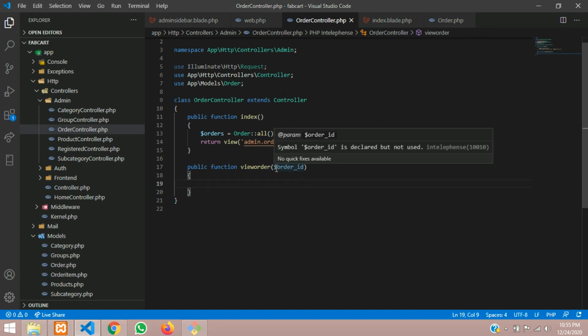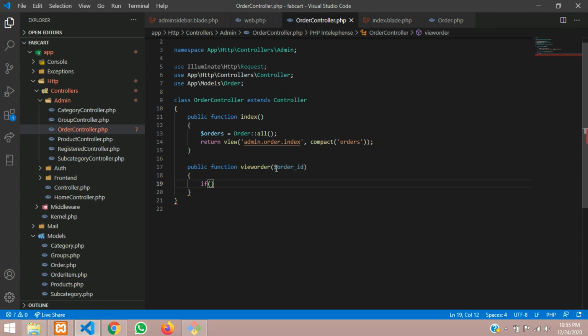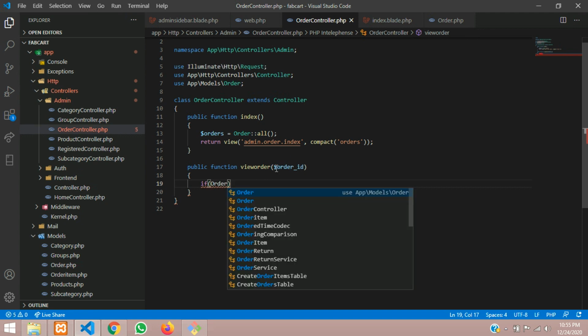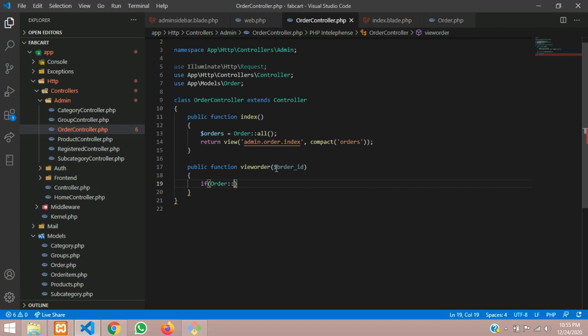First let us type an if condition, in case someone messes with it. We will tell the order model, colon, where condition, and we'll tell ID comma dollar order ID, with the exists function.